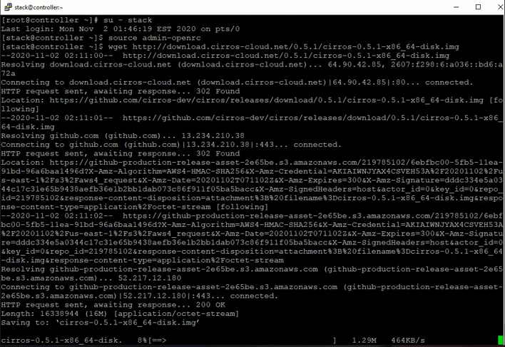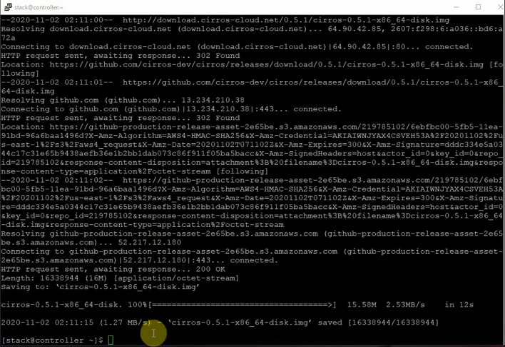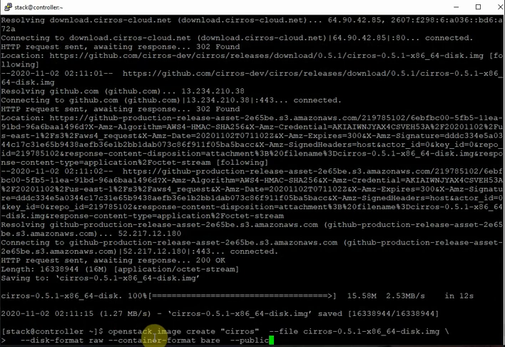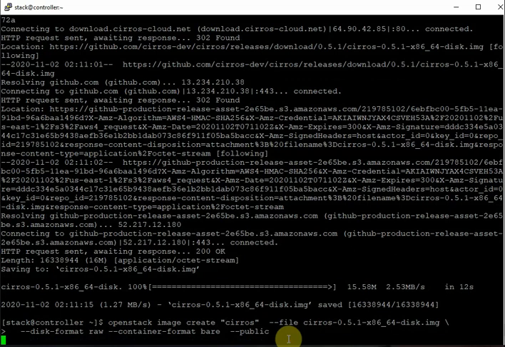Once the image is downloaded, we are going to create an image out of this with the name CirrOS, which is going to be a public image. So the image file is available. Now openstack image create, our image name is going to be CirrOS, file is the file which you have downloaded, and the disk format is raw, container format bare, and it is going to be a public image.